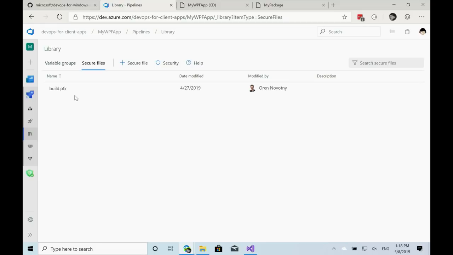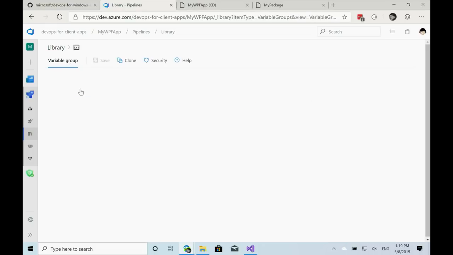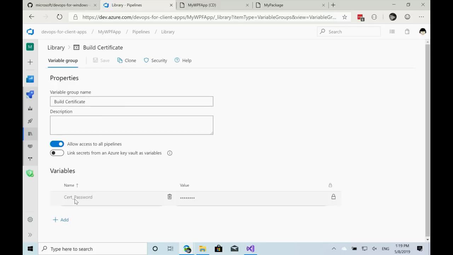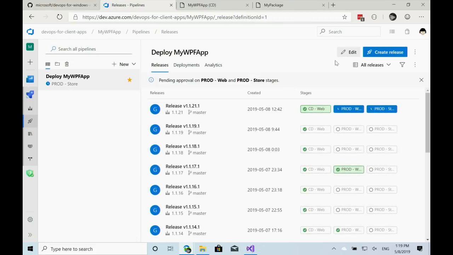So I can download this file. So it's not perfect, but it's a good security approach. And also we have this variable with the password of the certificate. So only users who have access to our release pipelines can produce signed packages. Let's go back to the release to see